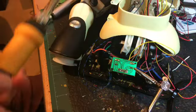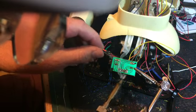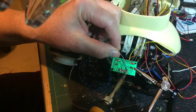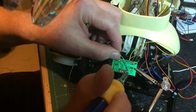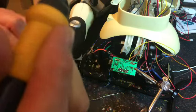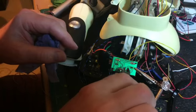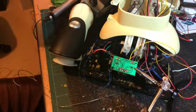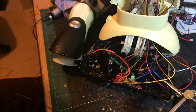Soldering iron. Clean the tip. Some fresh solder on it. And now apply that to that point. Leave it for a few seconds just so that you have a nice shiny blob that says you've got a good joint, and snip it off. And there you have it. One of the pins is done, and